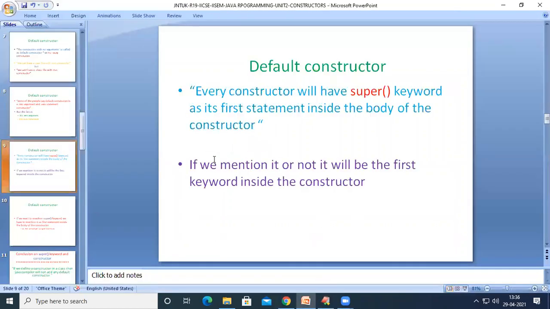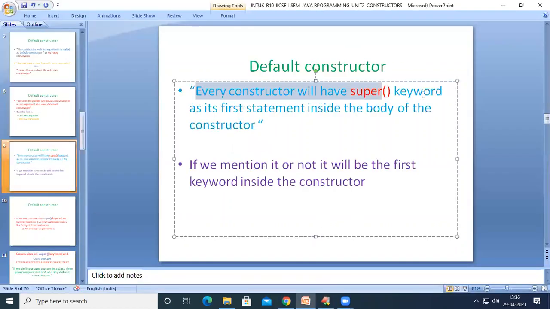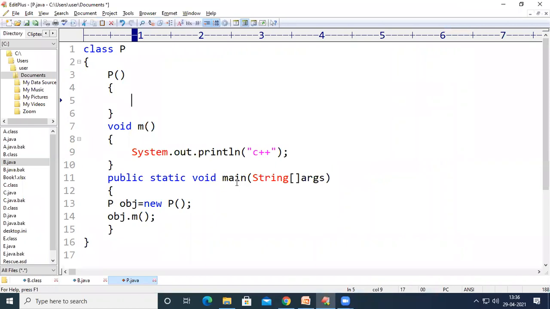see the next slide. Every constructor will have a super keyword as its first statement inside the body of the constructor. Whether we mention it or not, it will be the first statement inside the constructor. If you write the super keyword, it will be okay. If you don't write the super keyword inside the constructor, the compiler is going to add the super keyword as the first statement to your constructor.